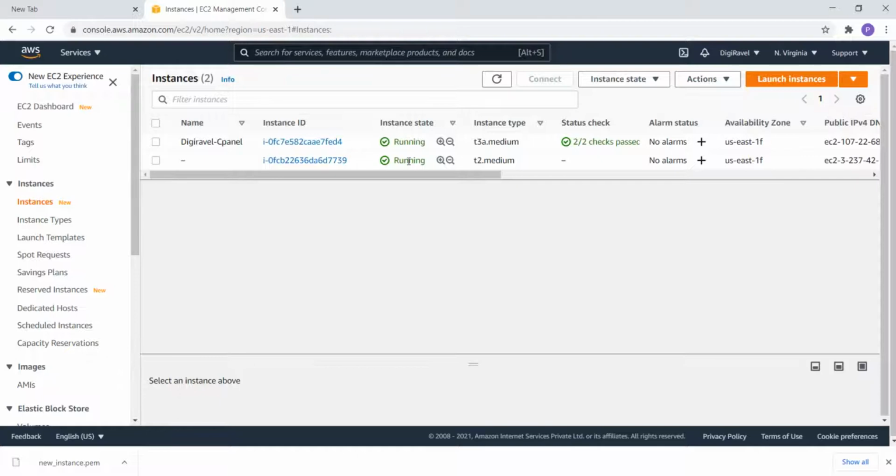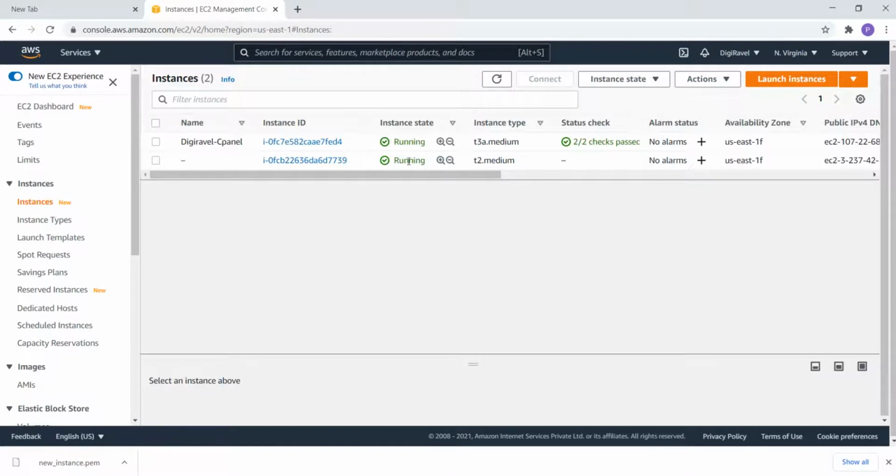After that you will be getting billed, and you can create two free instances in the same region. If you want to create a free instance in one region and you want another instance for the same free tier, then you need to create it in another region.